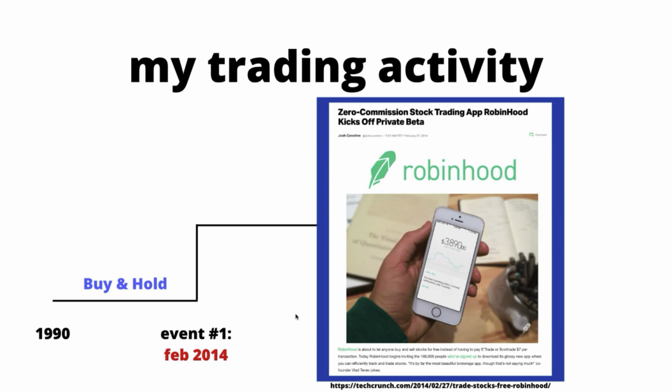Well, this first event happened in February of 2014, when Robinhood announced they were introducing zero commission stock trades. This was a pretty big deal, because up until that time, every time I did a trade, I was required to pay my stockbroker a commission. If I wanted to buy one share of stock, depending on the broker, I might have to pay $15 or $14.95 or $9.95. Every trade, whether I bought or sold, and whether it was one share or 100 or 1,000, I still had to pay that commission.